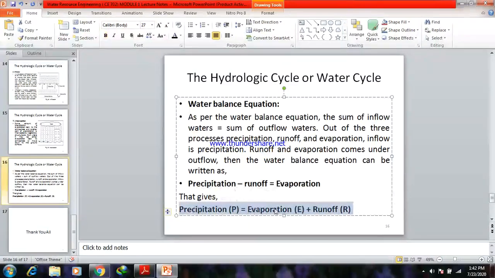There are more elements to this. This has been the larger equation. Precipitation is equal to evaporation plus runoff. If we further elaborate it, there are many segments, many parts of it that we will discuss later on in due course of time. Since today is the starting class,